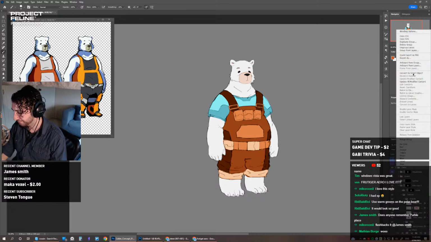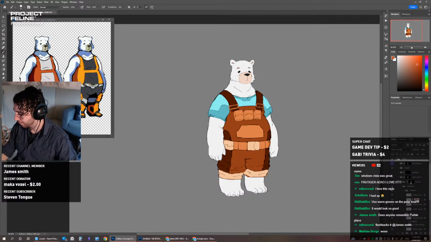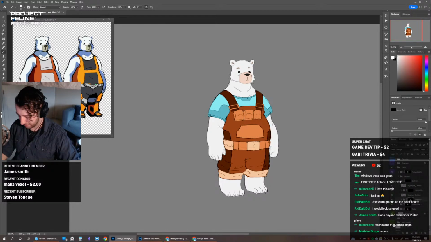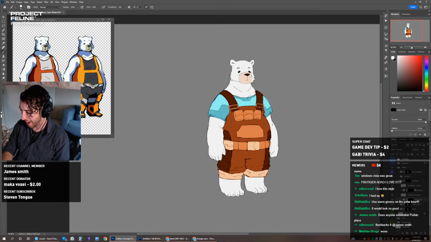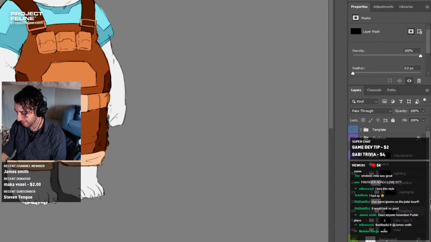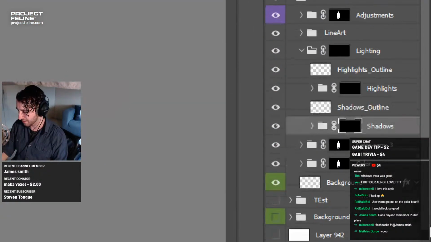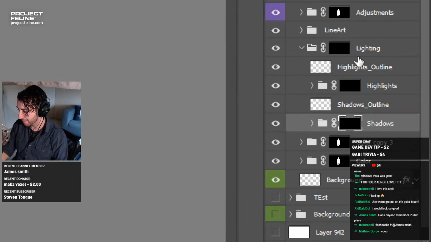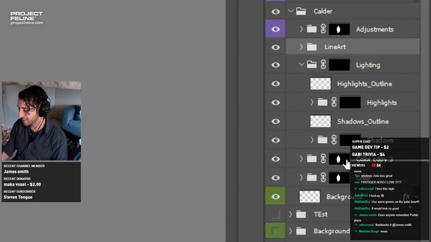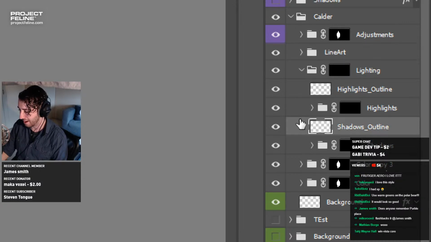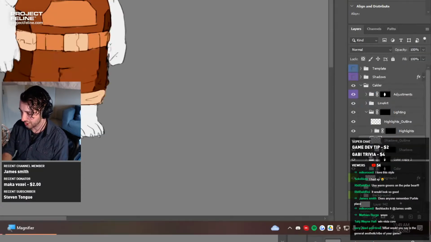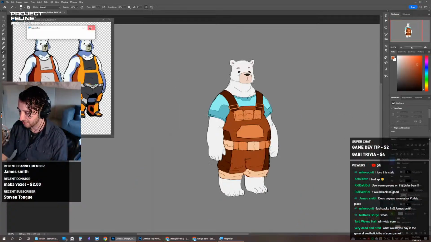Let's make a copy of it. Actually, no. Before I do that, let's add some shadows as well, because it's really hard for me to get a gauge without some lighting on it, because the characters are always going to have shadows. This is the payoff from yesterday's setup, because I spent like 20 minutes yesterday at the beginning of the stream setting all these layers up. These are all set up to do shadows and stuff without me having to pick a color for the shadows. So all we have to do is draw a mask, and that's it. So let's do that before I copy this.